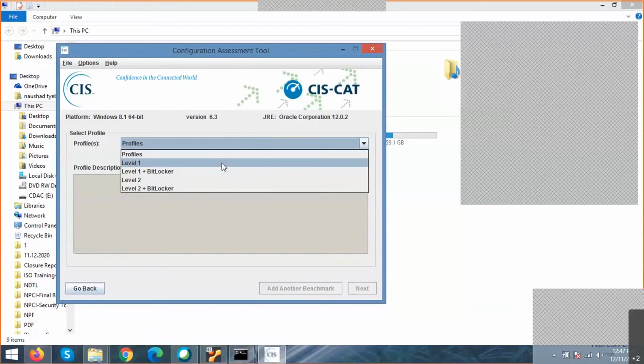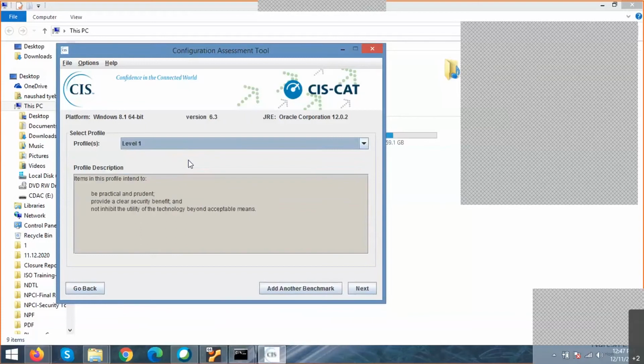At that time, if you are using BitLocker, you have to select Level 1 plus BitLocker. I think the C drive cannot be encrypted because some program files are there. It is better to keep personal files in the D drive and E drive, and you can encrypt those. So in my case, I am selecting Level 1.